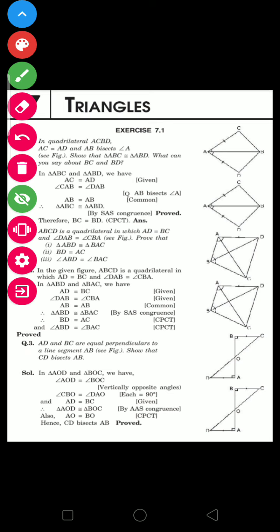Okay, students. Then after, I told you what, students? That is SAS. I told you, suppose this side is equal to this side, and the angle between the equal sides is equal. At that time both triangles are what? Congruent to each other. Next, students, I told you, if we are given two triangles, and two angles are equal, this angle is equal to this angle, and the common side is equal, at that time these triangles are also congruent by the property of angle side angle.